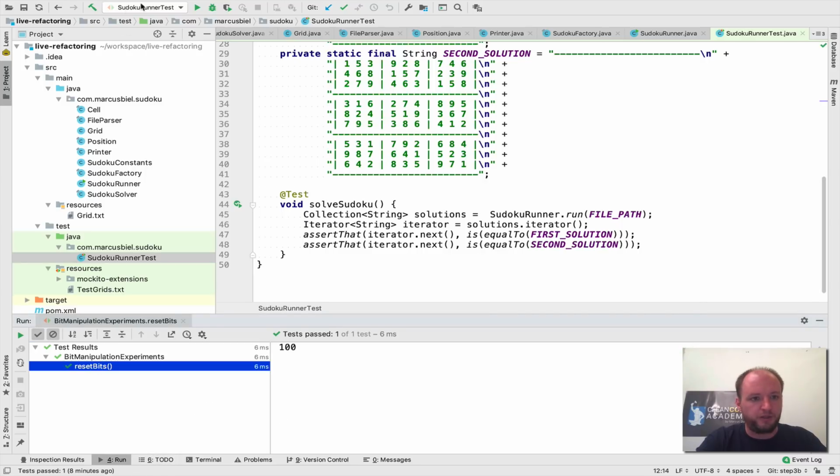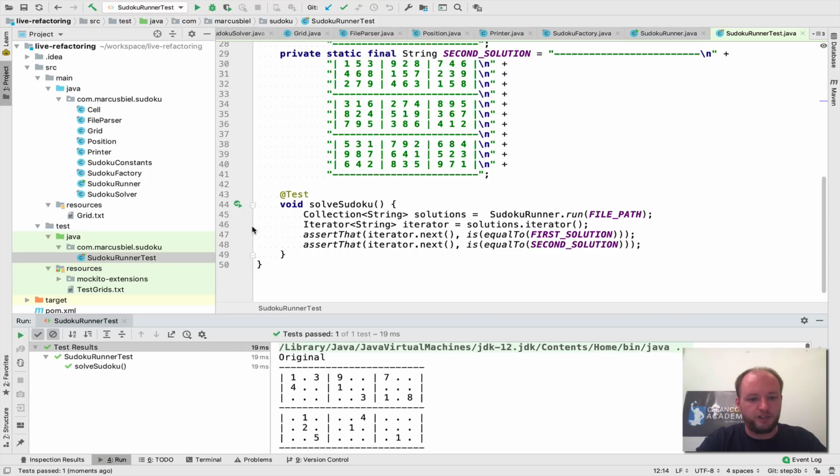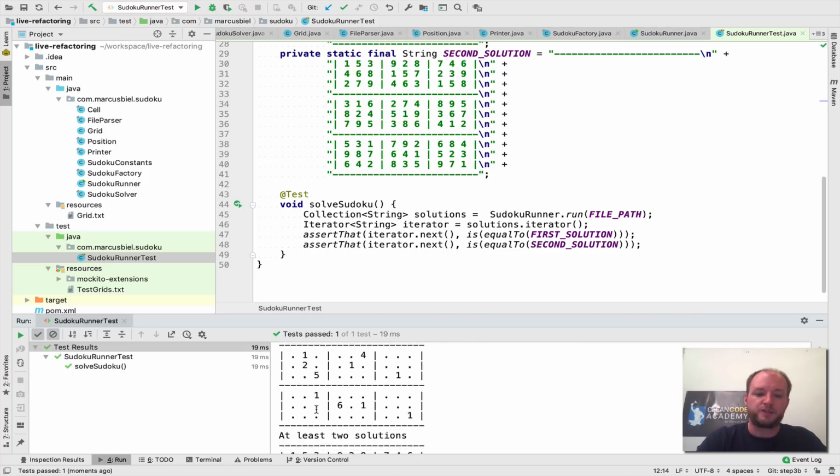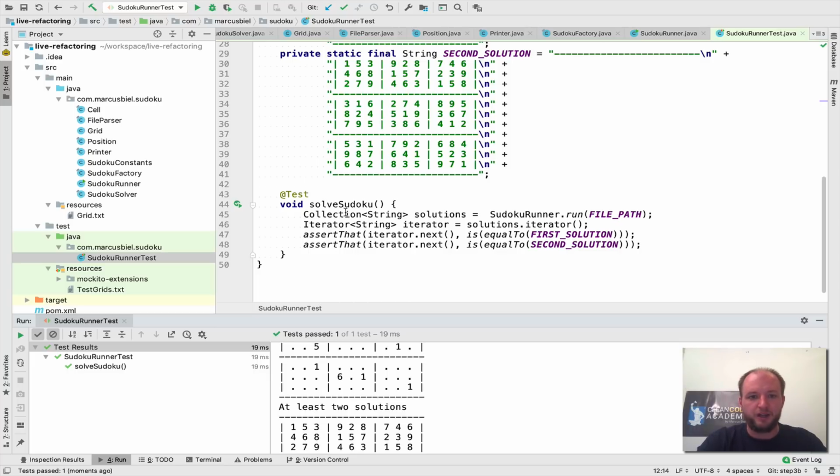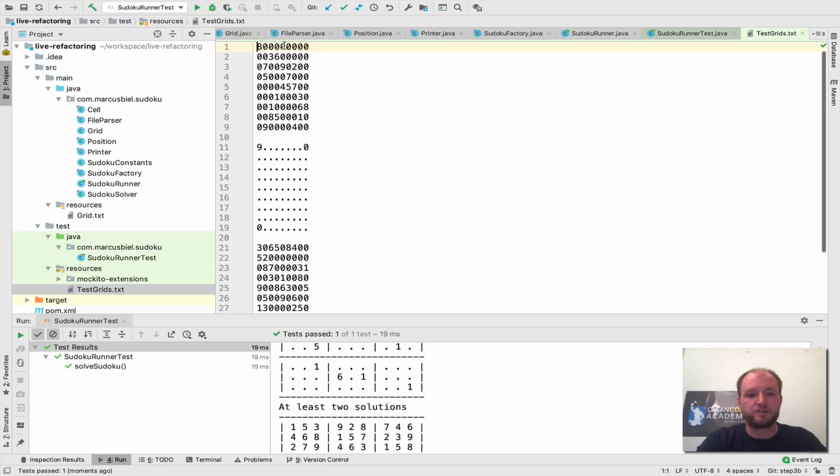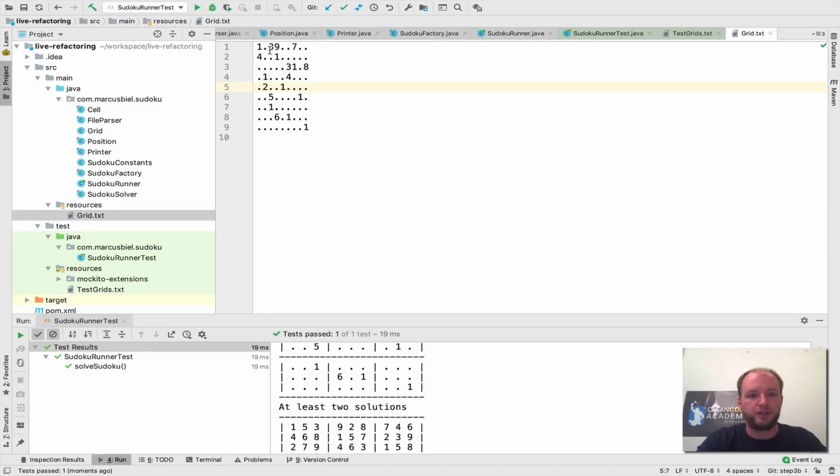No, this is the bit manipulation, sorry. So here, this shows us a green bar, it worked, our test passed, everything is fine. But now, let's just assume something in our logic is wrong, or let's just assume something in the grid is wrong. For example, if I put in here 1,